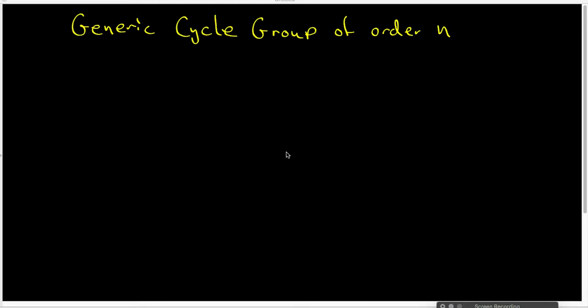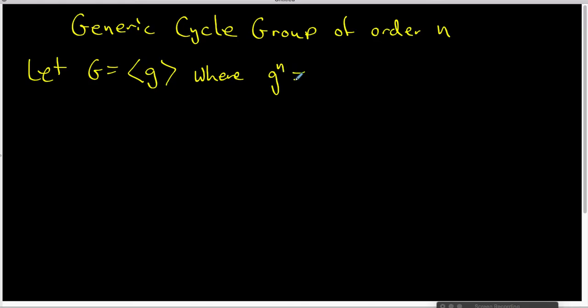In this video, I want to introduce the generic cyclic group of order n. When we look at theorems about cyclic groups, they are usually written in this particular kind of notation, and that's why I want to look at it. We're going to let G be a group that is generated by the symbol little g, where what we know about little g is that little g raised to the n is equal to the group identity for the group